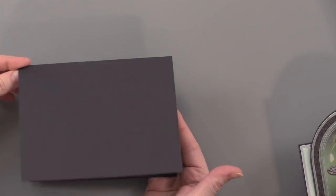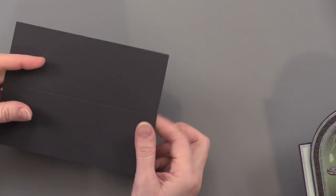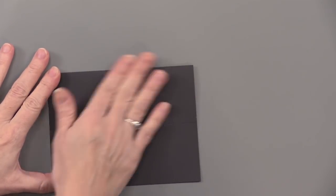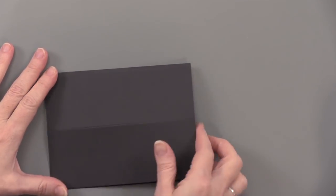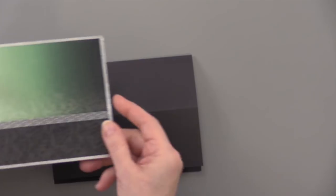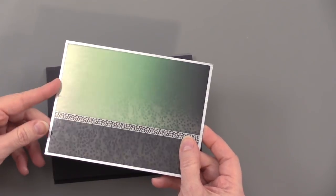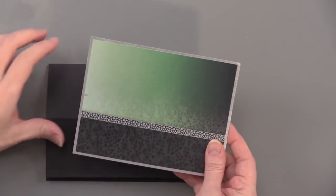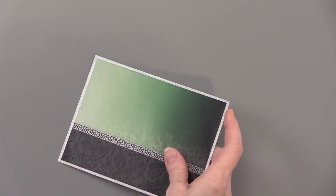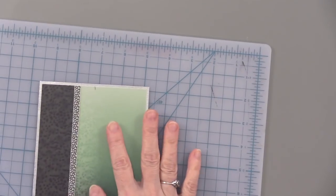So I went ahead and created a 5" by 6.5" card, and then I scored it along that front panel to give me that easel card. But I really wanted it to go all the way across. I wanted that look to continue, and then I want it to fold back. So I took some of the cardstock here and I matted it on silver linen paper, but so that it will have this really clean line right in the center, I cut it in half, and so that's really simple